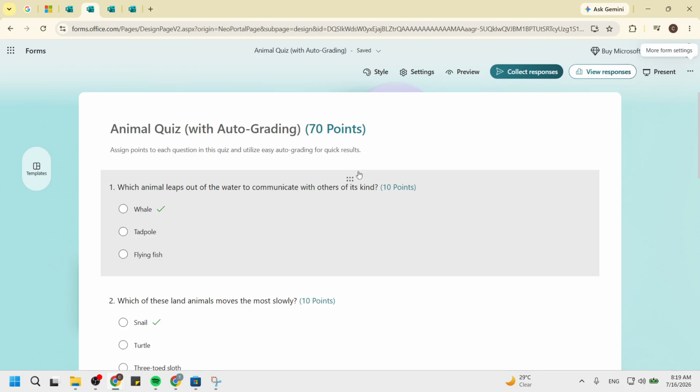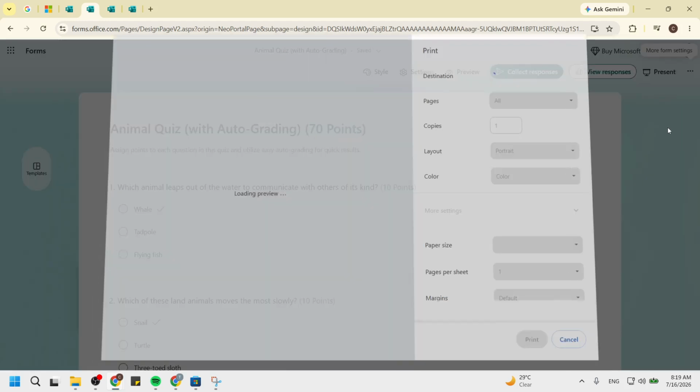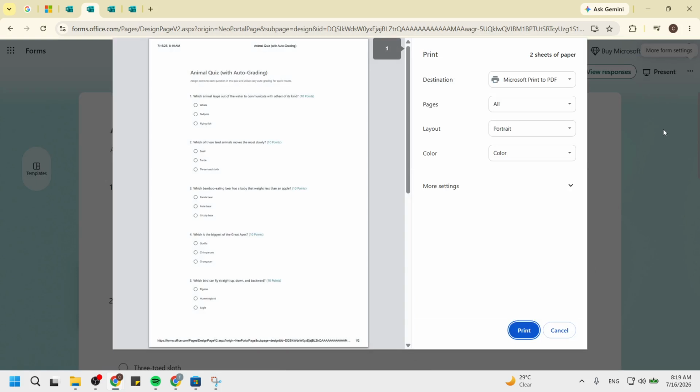Now press Ctrl+P if you are using Windows or Command+P if you are on a Mac. This action opens the print menu. You will see several options for printing, but we won't be printing it physically. Instead, we'll use this menu to create a digital copy of your quiz. This step is vital because it helps us save your current quiz in a format that can be imported later.